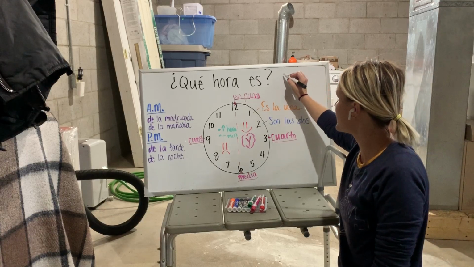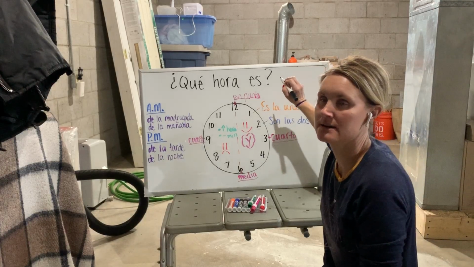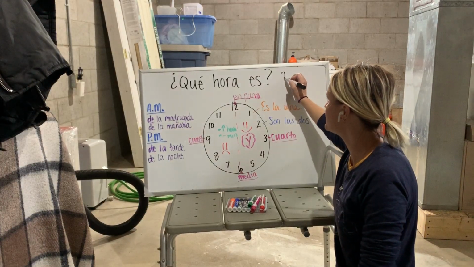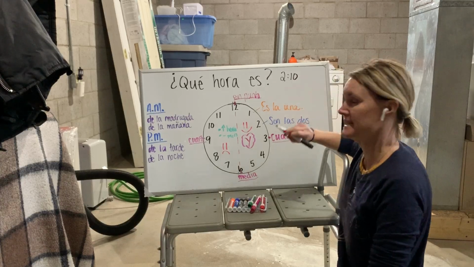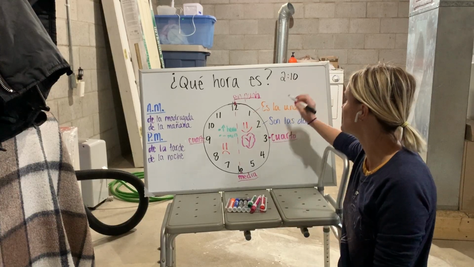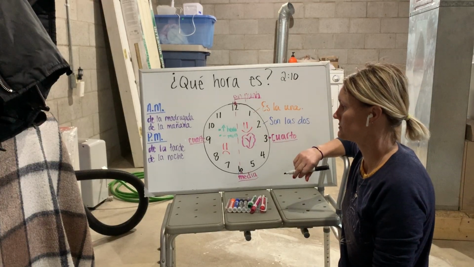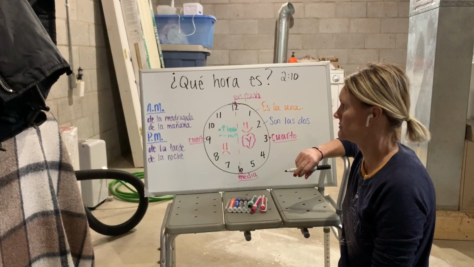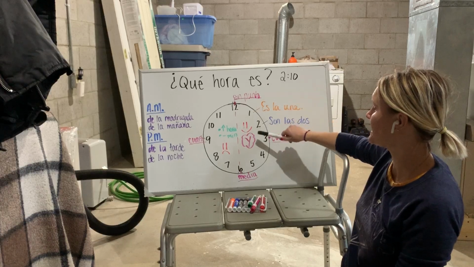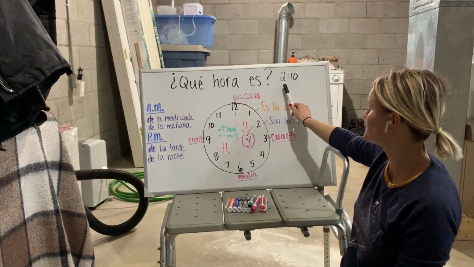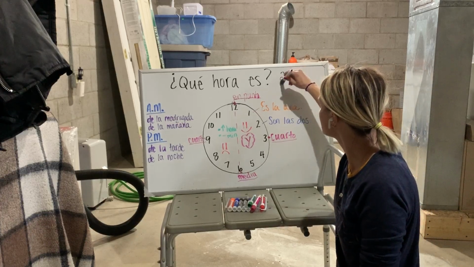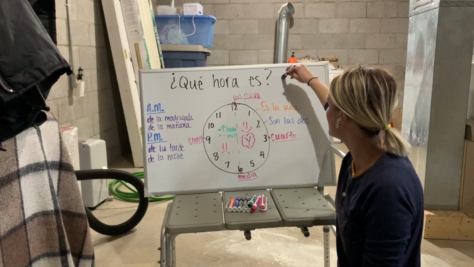They're going to be on the good side and the bad side. I'll give you a couple. First one I want you to try is 2:10. So how would you say it is 2:10? You should have had son las dos y 10. It's 2 o'clock and 10 minutes. Okay, what about